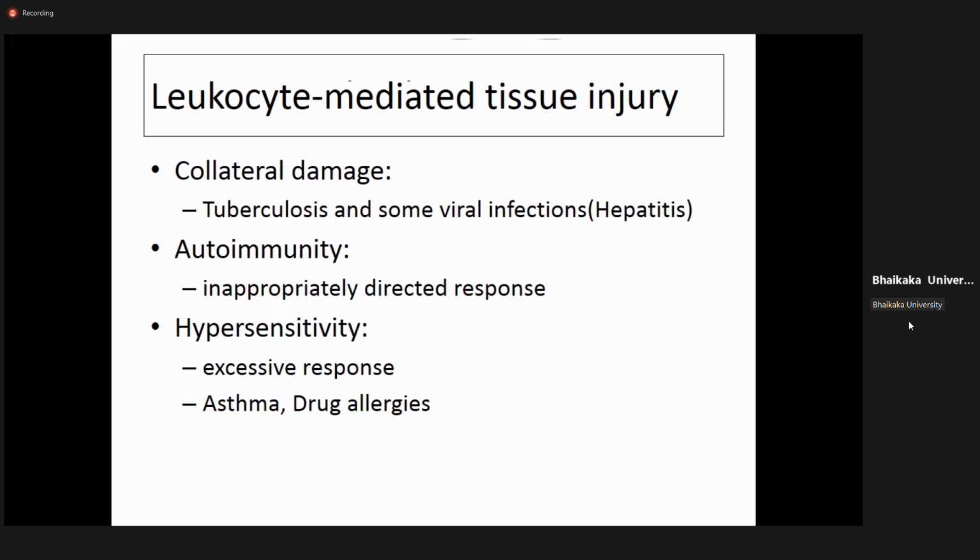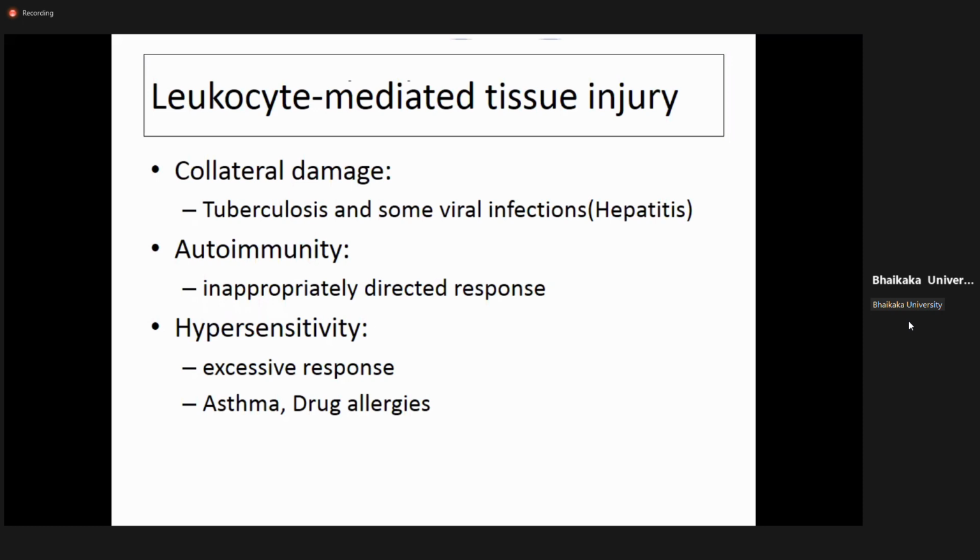But in the process, they can also cause damage to the normal adjacent tissue, which is known as collateral damage. The classical examples of this collateral damage are tuberculosis and some viral infections like hepatitis. In the process of trying to remove the offending agent, like Mycobacterium tuberculosis or hepatitis viruses, the leukocyte response is exaggerated and will cause damage to the surrounding tissue and further